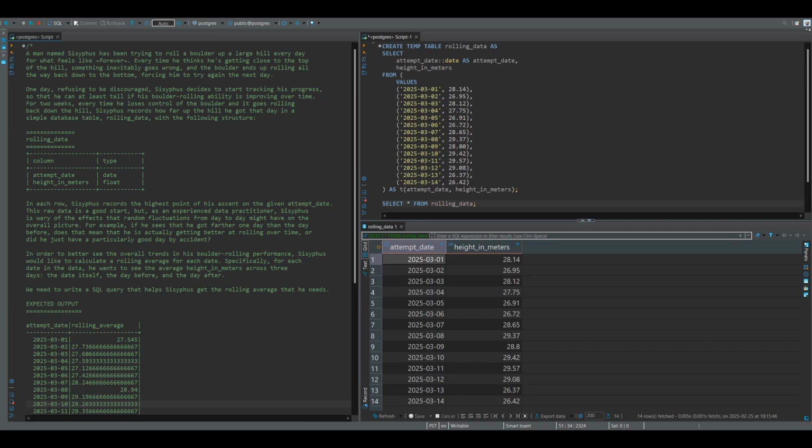Our problem today involves a useful kind of calculation that is a common component of time series analyses and executive level reports. A man named Sisyphus has been trying to roll a boulder up a large hill every day for what feels like forever. Every time he thinks he's getting close to the top of the hill, something inevitably goes wrong, and the boulder ends up rolling all the way back down to the bottom,